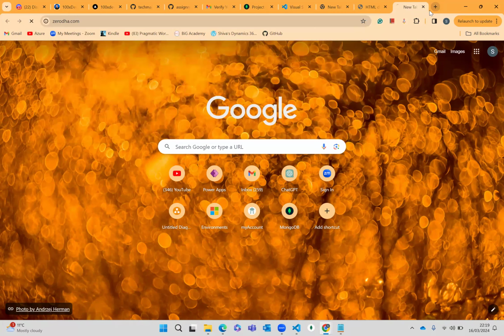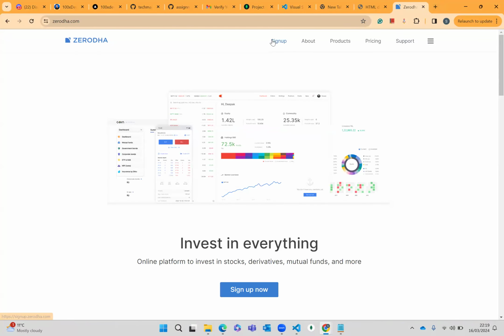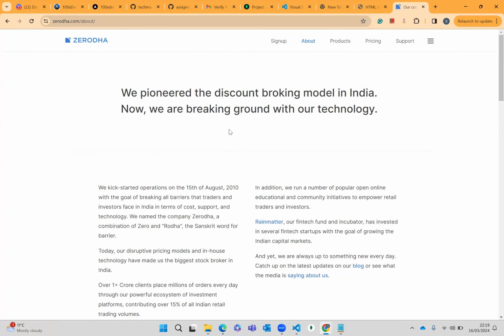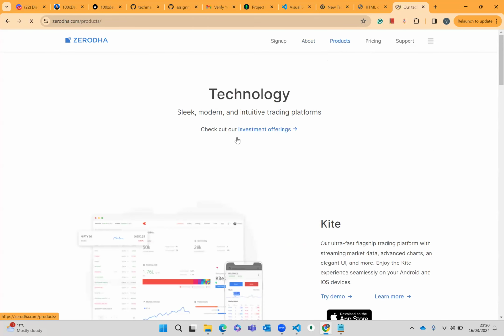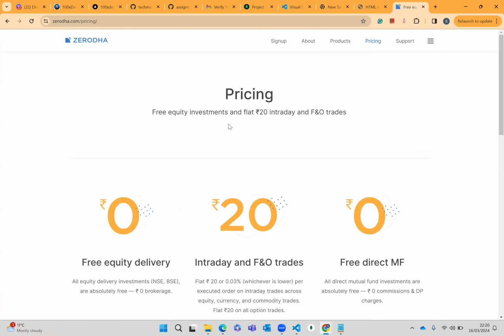Let's say Zerodha. If you see here, you'll be having about us, it is opening another page, and if you open products, it is opening another web page, and if you open pricing, it is opening another web page. Of course it applied some kind of CSS and styles and all of that, but